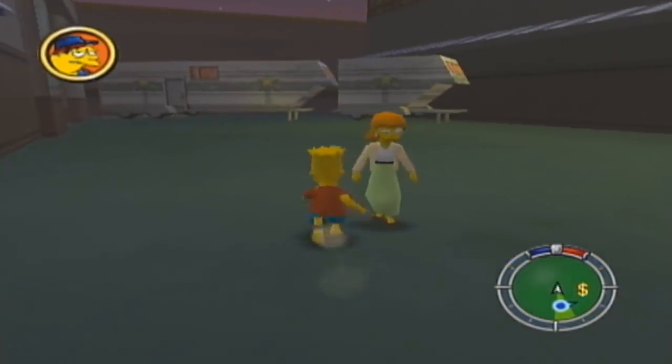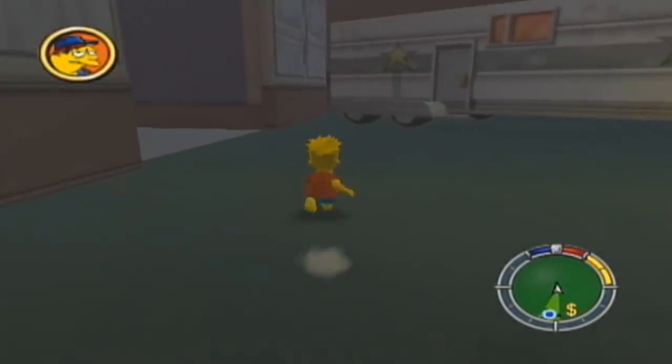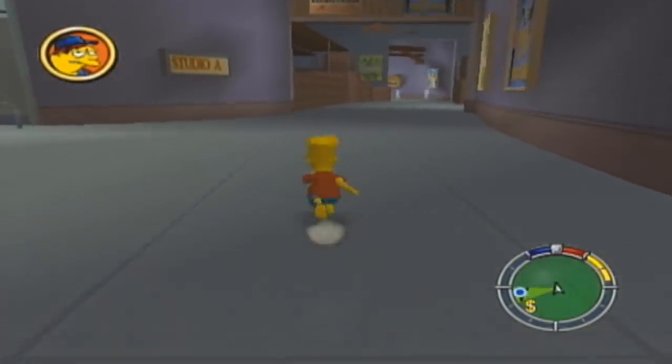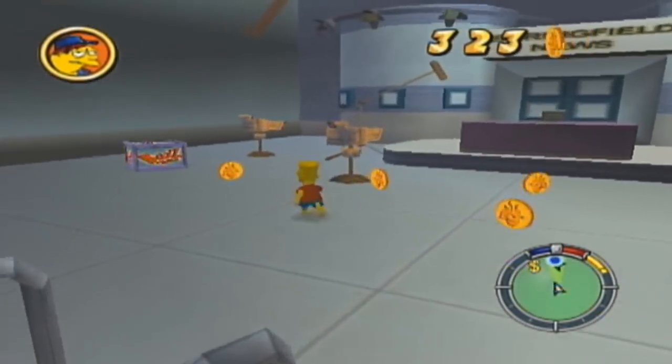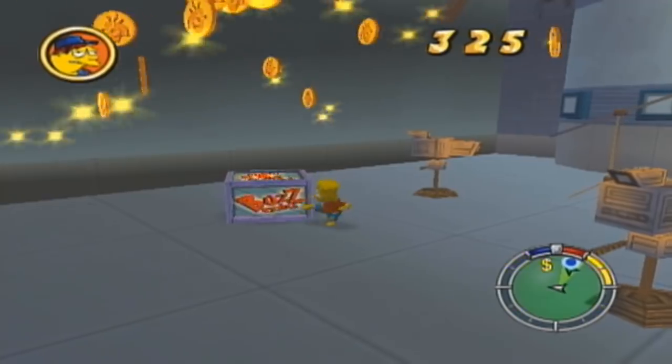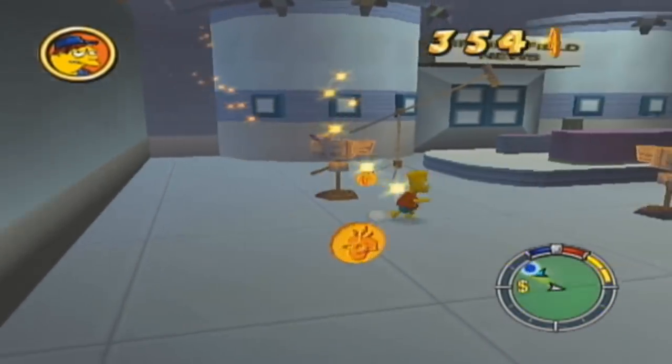Where are you going? Stop running from me. Coming through. You're a mean lady. Don't run from children. Unless the children are creeping you out. In that case, then yeah, run for the hills. Kind of a weird logic to use, I will admit, but...